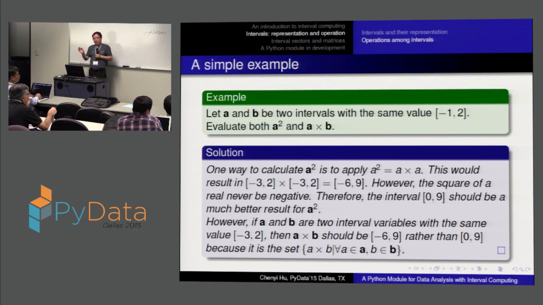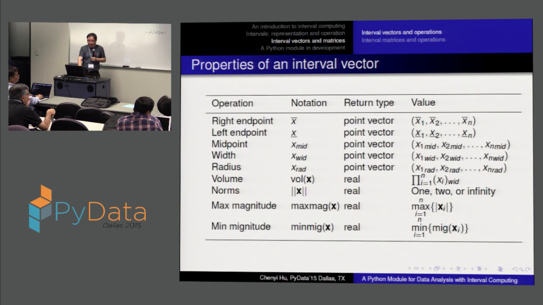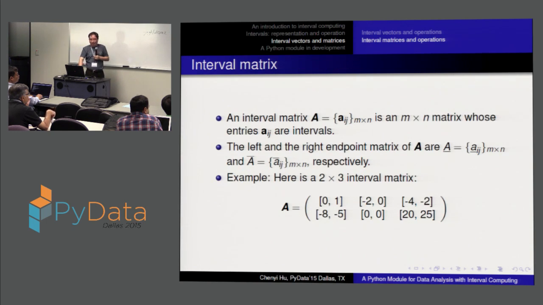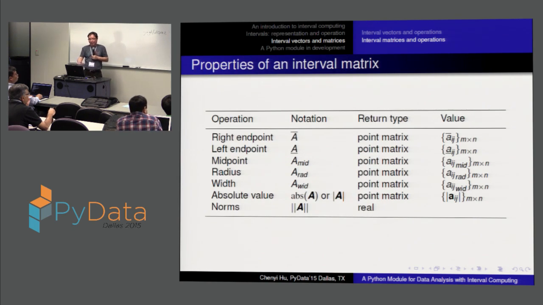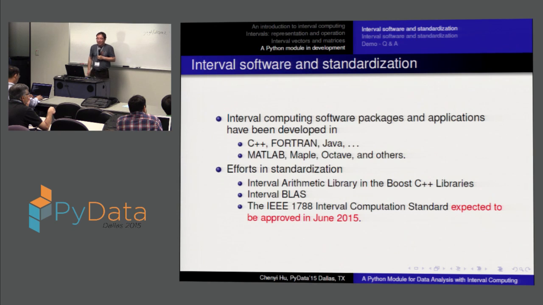We'll get it back here a moment later. I only have a few minutes. The interval vectors: we scale a single interval to make them into a list, and then here are the operations involved and the definition. For the matrices, each entry of the matrix is interval-valued, and then we can do operations like this. The interval software is available in different languages: C++, Fortran, Java, MATLAB, Maple, and also